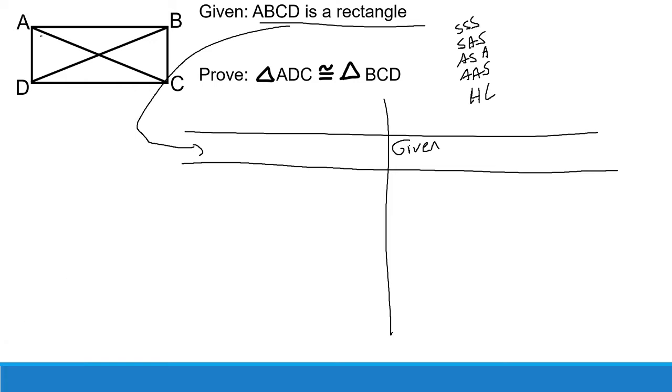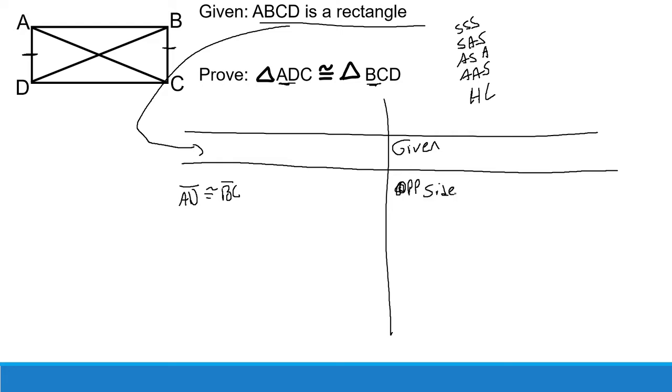Because it's a rectangle, I know that opposite sides are congruent. So I know that AD is congruent to BC. And because those are both pieces of these triangles down here, it might be worth noting. So I'll say that AD is congruent to BC. And the reason I know this is because you just say opposite